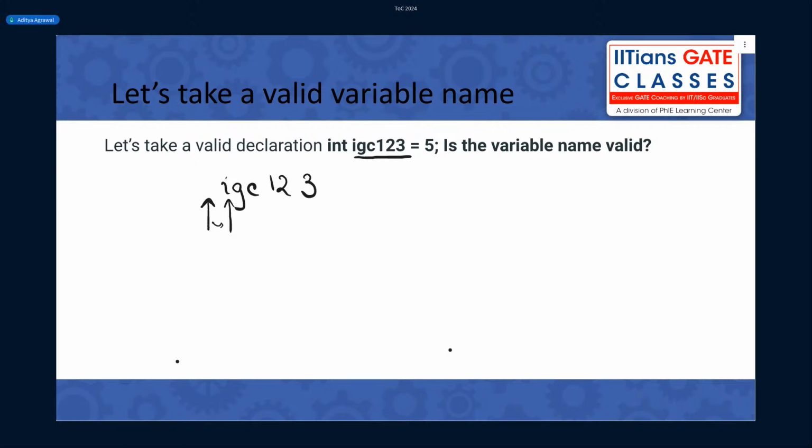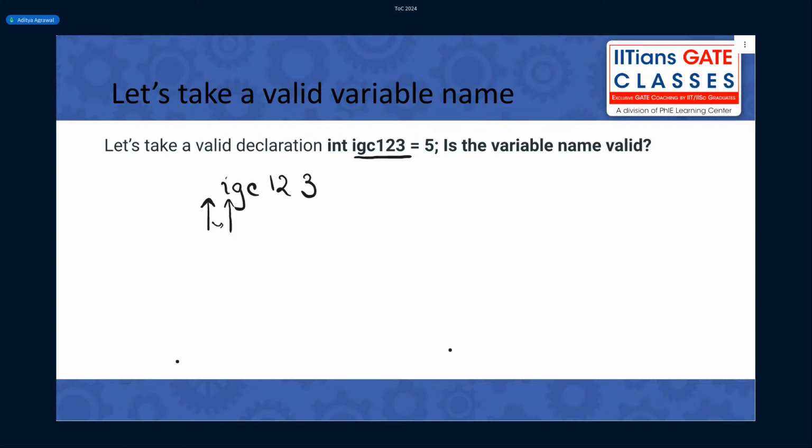Let's say it is starting from 1. Irrespective of any letters after that 1, it is an invalid string, right? So you guys understood what I'm trying to do, right? And then in this case, it's an I. So it's okay, it's allowed, right?